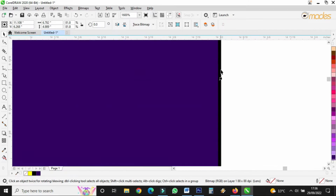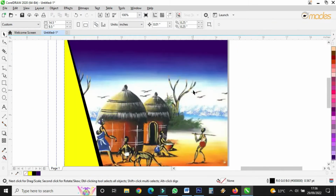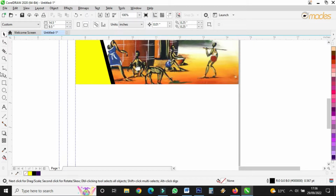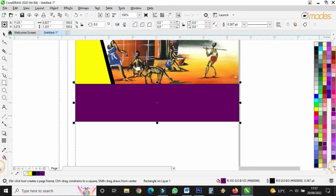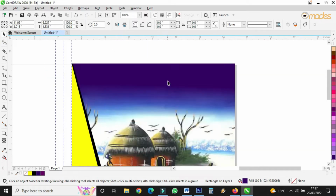Let me remove the outline. This one, there's a black outline. I have to remove it. Good. So as you can see, then I'll be creating another design here like this. Okay, good. Yeah, I'll remove the outline, then I'll choose this place to be,